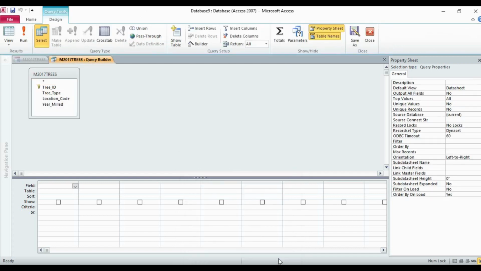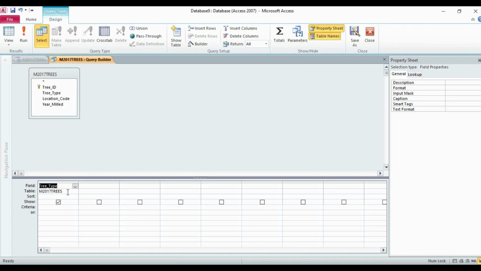Now again you have the same window. Now again I'm choosing the field. Here we are choosing the tree type. Tree type is in the table trees, so it is automatically showing it.